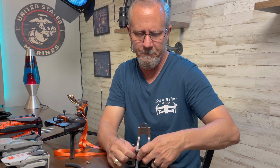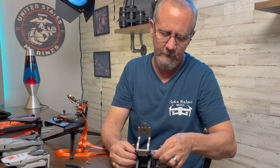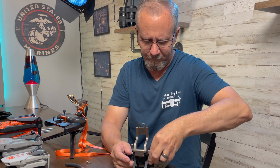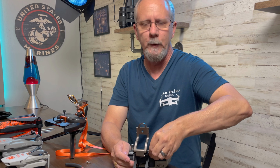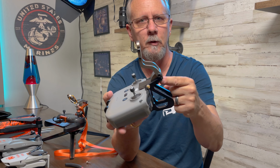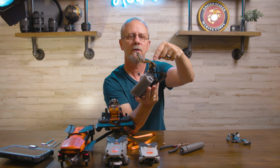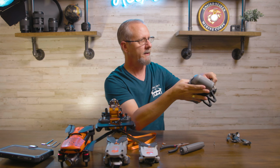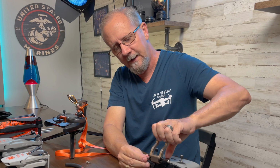Doesn't take a whole lot of time. And then you do the same for the other side. Make sure that your mount stays centered on your remote control. And so see, now you still have these two to put in. And then you just pull up on it a little bit so it doesn't require a lot of pressure, and then put in your other screws in there,